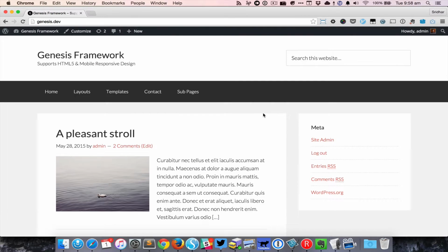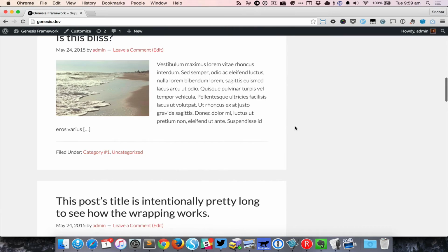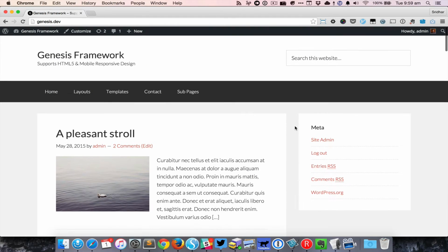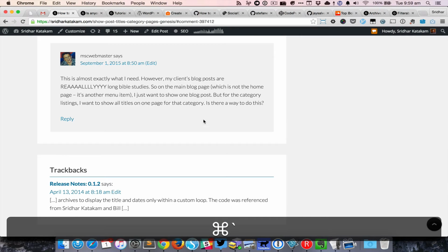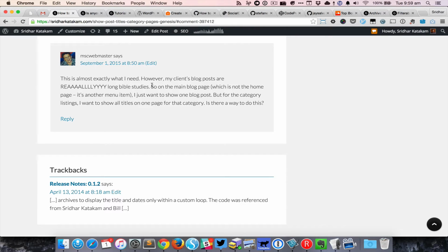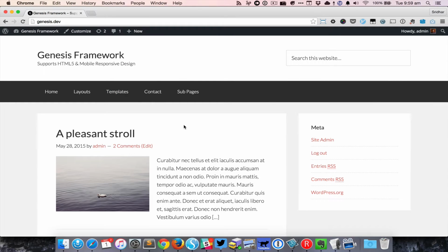Okay, so I have a basic Genesis installation on my localhost using Desktop Server at genesis.dev. And as you can see on the home page, we have the list of blog posts like this. So the first thing I'm going to do is, the user says that on the main blog page, which is not the home page, it's another menu item. So what we'll do first is to set the front page as a static page, and then we're going to set the posts page as a separate